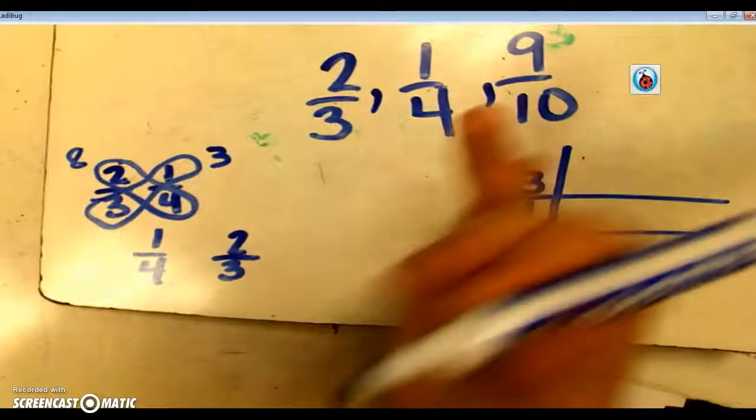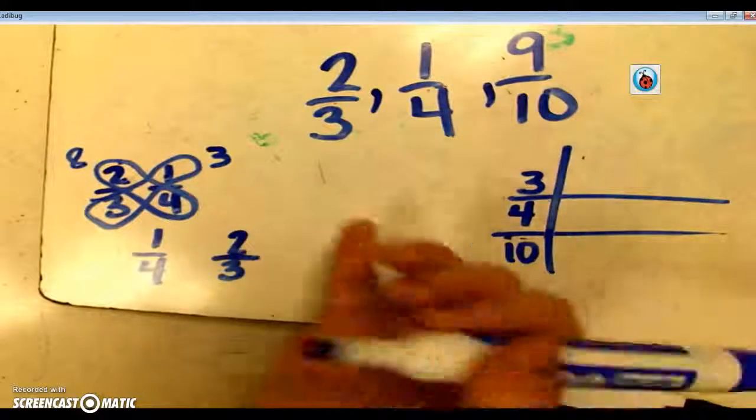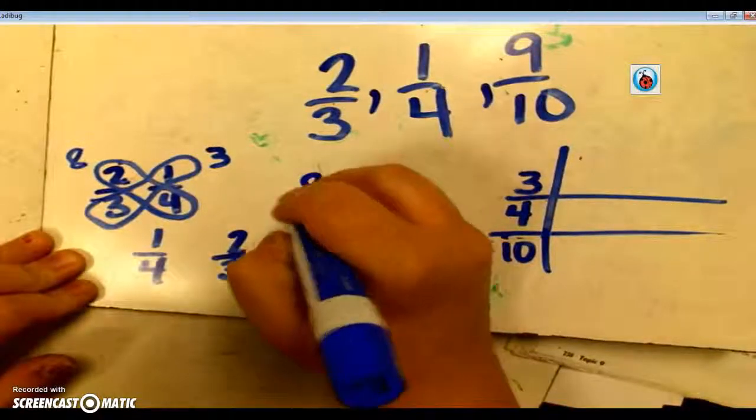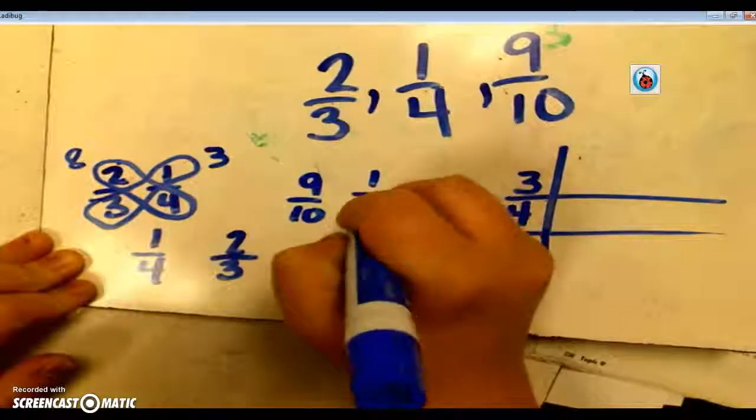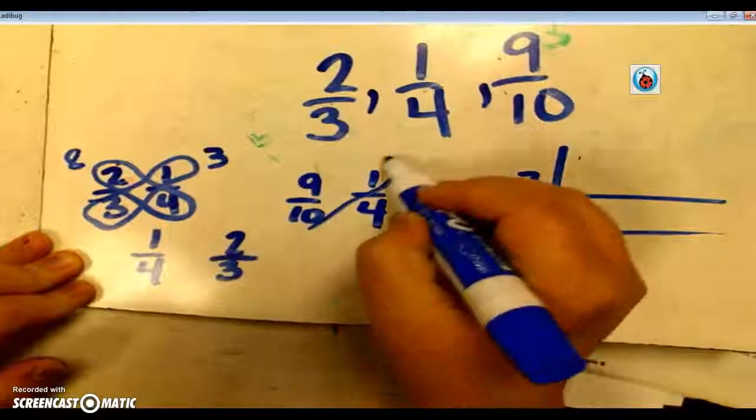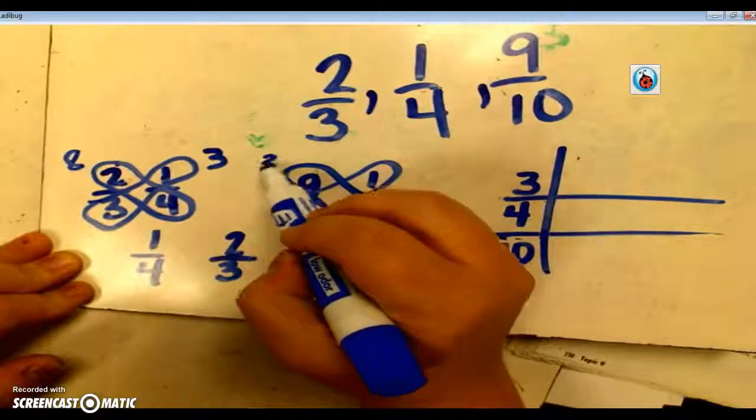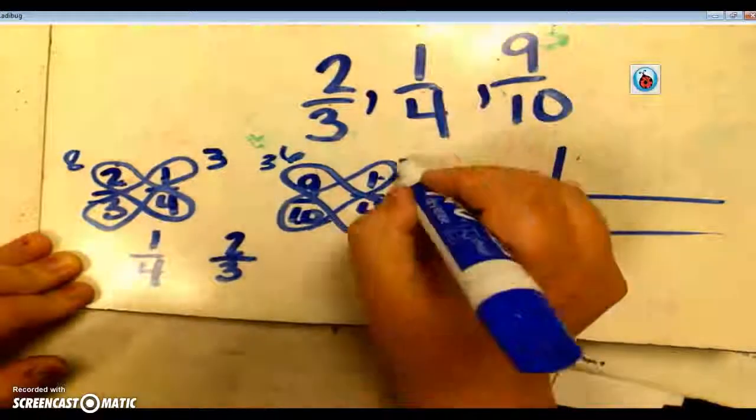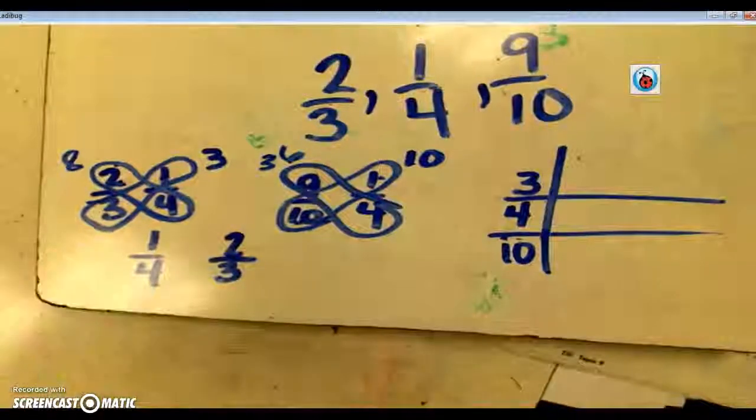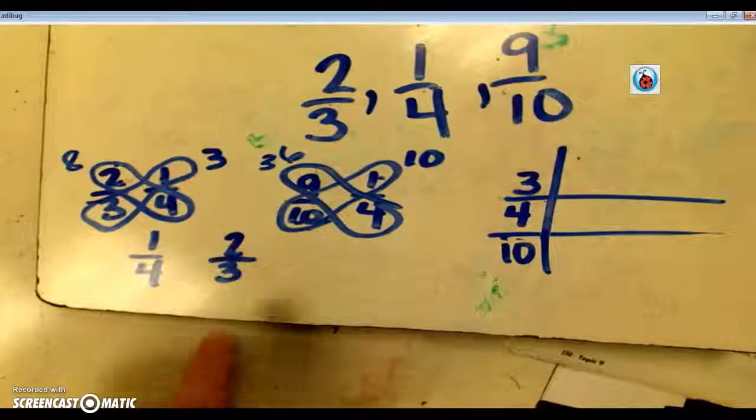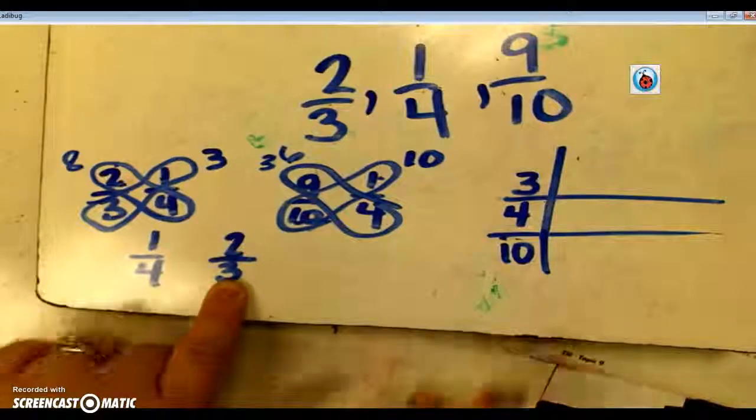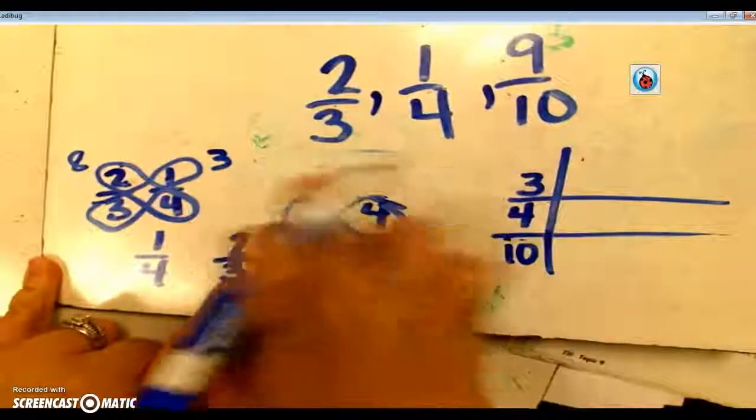9/10. I'm going to start by taking 9/10 and 1/4. So I have 9/10 and 1/4, and I want to know which one's larger. I'm going to do my butterfly effect with these two numbers. 9 times 4 is 36. 10 times 1 is 10. So I know that 9/10 is larger than 1/4. Now I have to figure out if it's larger than 2/3. So now I'm going to take